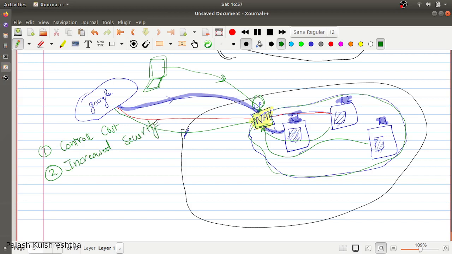So if we are sitting on this box, how can we find its public and private IP address? We have already seen the methods for getting the private IP address. What we have to do is issue the ifconfig command here. And if we want to get the public IP address, it is always going to be this. Our public IP address is always going to be this, the public IP address of the NAT instances which are handling all the incoming and outgoing data from our cloud infrastructure.